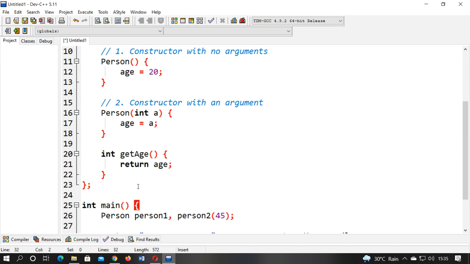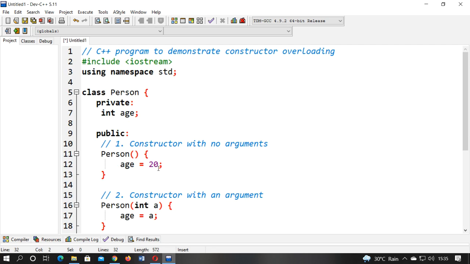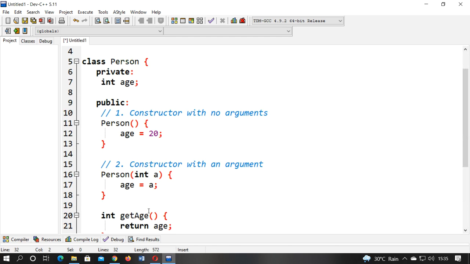Now one function we have to create, which can display the value of age. The name of the function is an integer type function, and it returns the value of age. So here is how constructor overloading occurs. The functions with the same name, person, which have more than one function, one with no argument and another with a single argument. In this way we can create constructor overloading. After that we are printing the value of age in the form of returning the value of age.